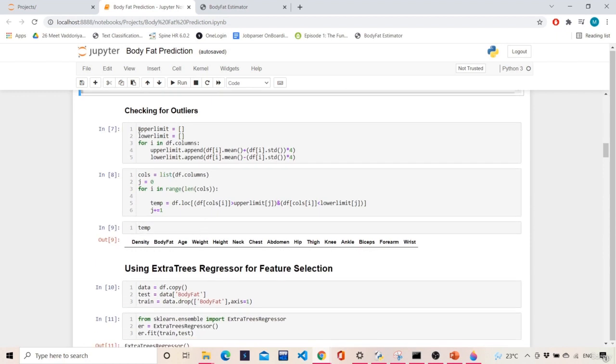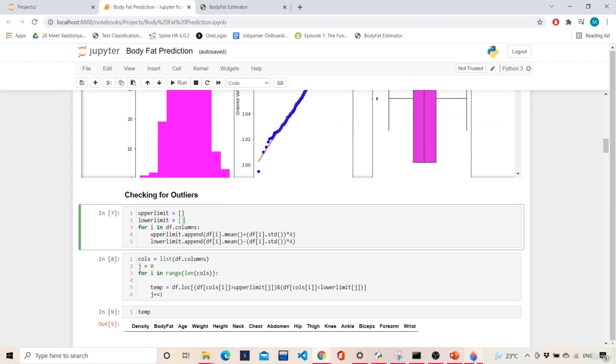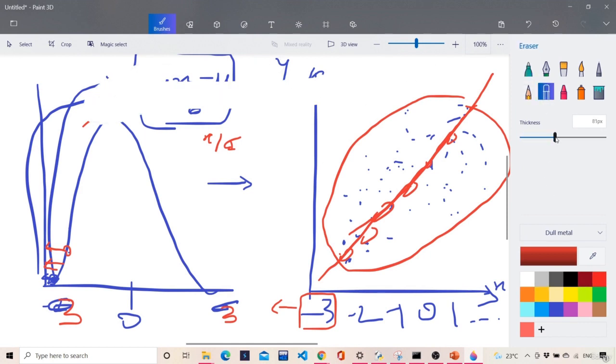So over here we can see that I kept an upper limit and a lower limit. This is a standard normal distribution formula where we have -3, no? If we are having values less than -3, that means that is an outlier for us. If we are having values greater than 3, that means that is an outlier for us. So basically what this entire thing is saying is